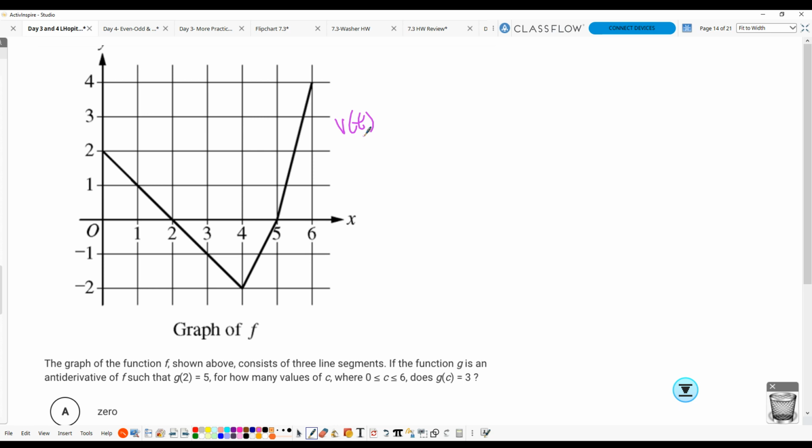When it goes from positive to negative, crossing the x-axis on the derivative graph, this is going to be a maximum. What is this one? A minimum,